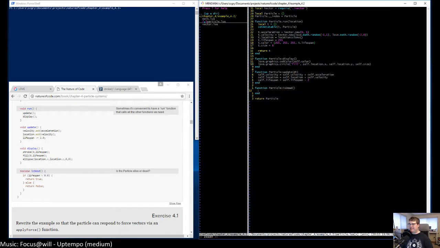Oh, right, because it's isDead, not is alive. So isDead, so if self dot life is less than or equal to 0, then return true, else return false.